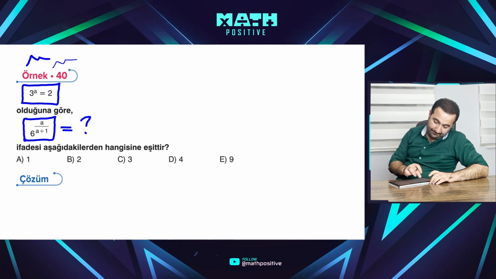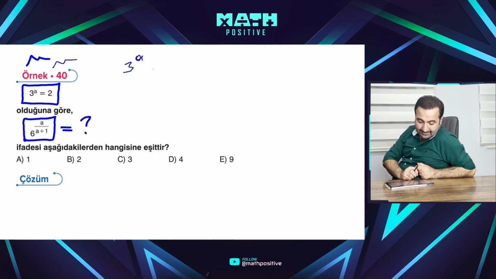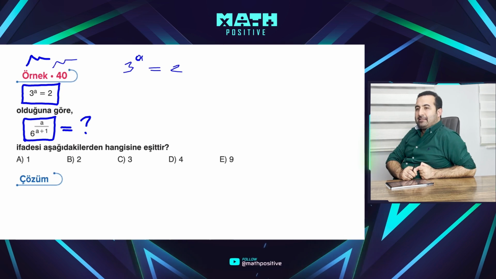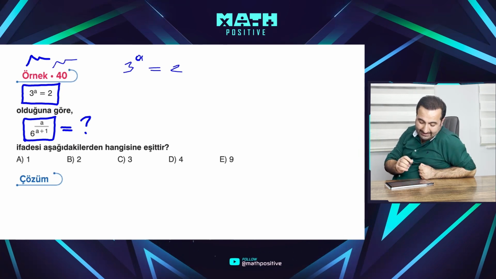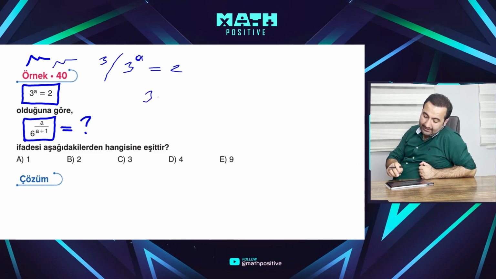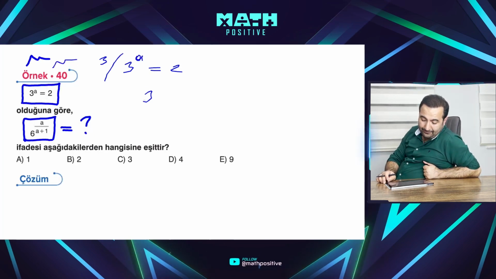Let's see what can be done. We need some 6 somewhere, but we don't have a 6 to use. We have 3 to the power A equals 2. If we multiply this equation, both sides, by 3,